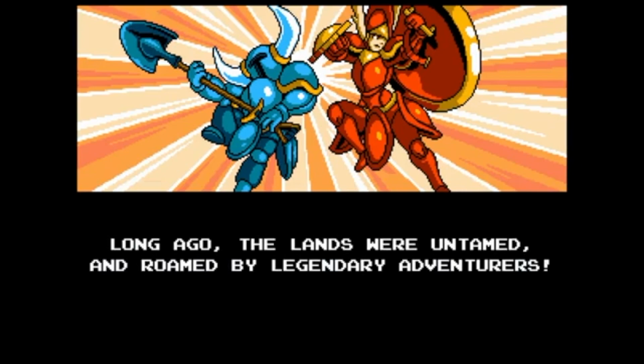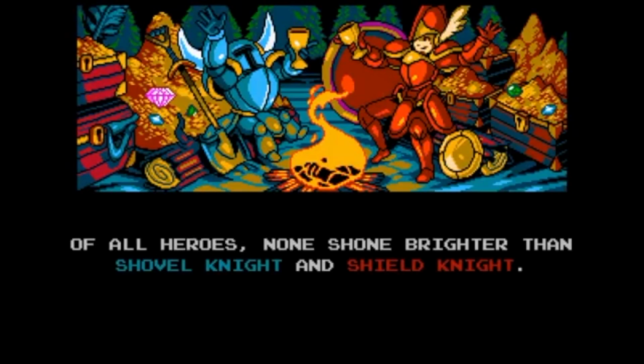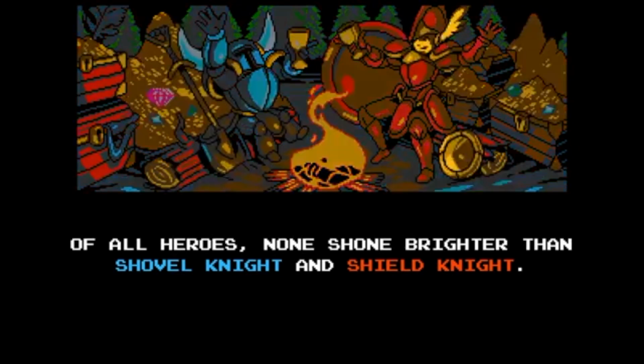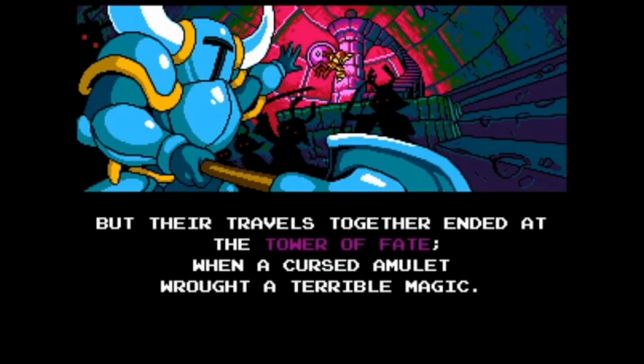land for treasure and stuff, just having a normal day until the Enchantress captures Shield Knight when Shovel Knight isn't aware of it. Shovel Knight is then pretty mad, understandably, and the whole quest is to go save Shield Knight from the Enchantress. I'm not going to spoil any endings here. This is a spoiler-free introductory review,